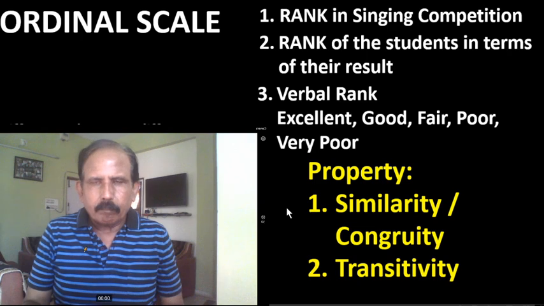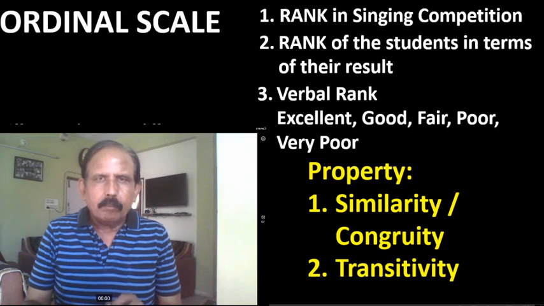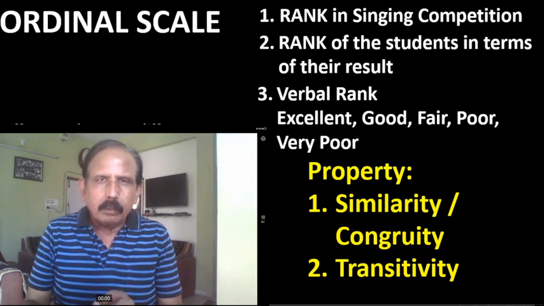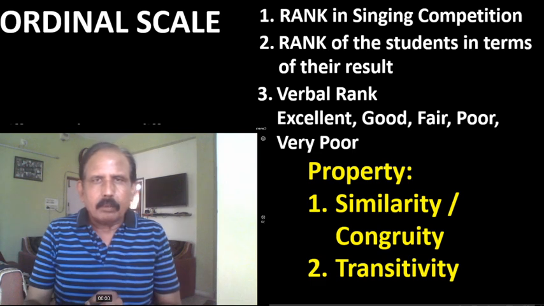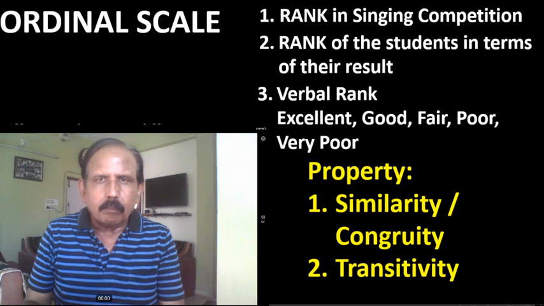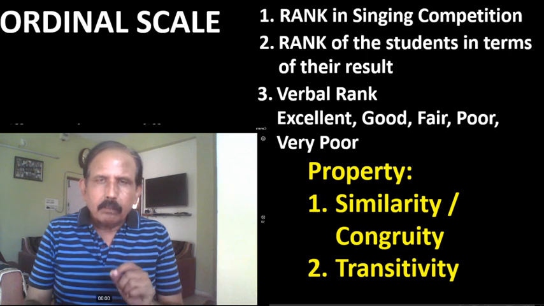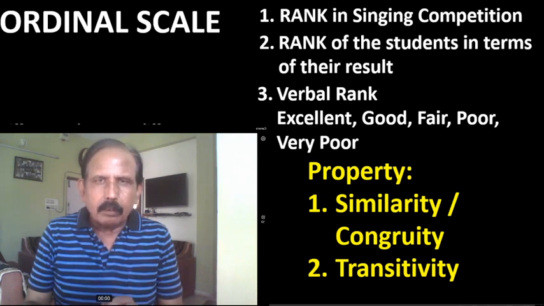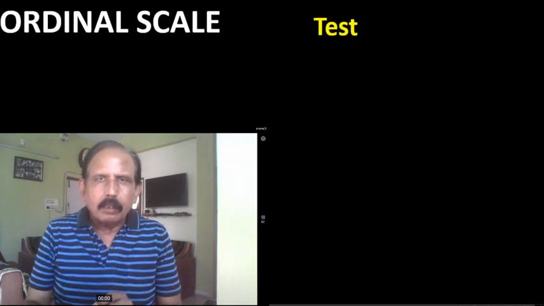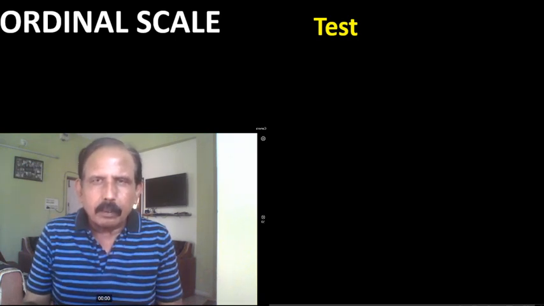Though here the numbers are assigned to the subjects for ranking them, the numbers do not have any mathematical value. They are assigned to the subjects only to order them. It means if the ordinal scale is used, then we will have the data in the form of ranks. And for analyzing the data obtained in ranks, there are some special statistical tests. Out of those, some are shown here.